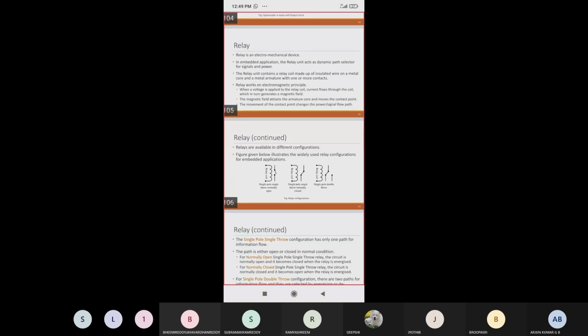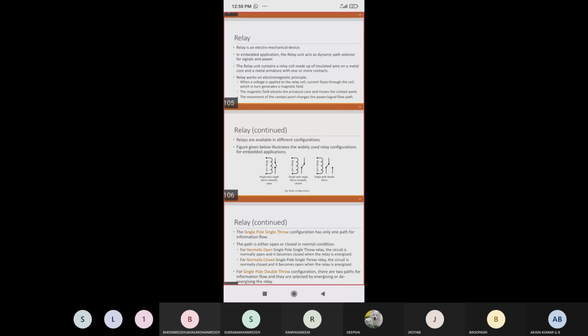When a relay is activated, it will open the circuit. Again, one more type is the relay coil: single pole, double throw. In a single pole, there are two throws. A throw is one of two points that make the connection, either 1 or 2. There are two output points, and they make the connection through this single pole double throw. Look, these are the diagrams for the relay coil.